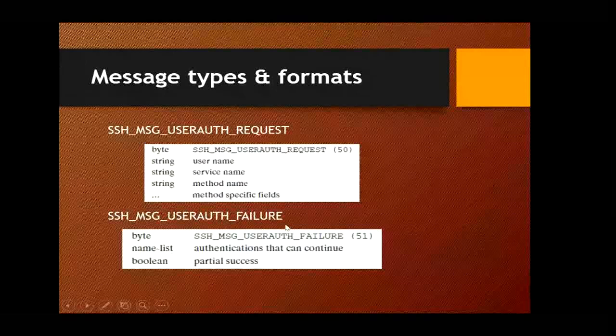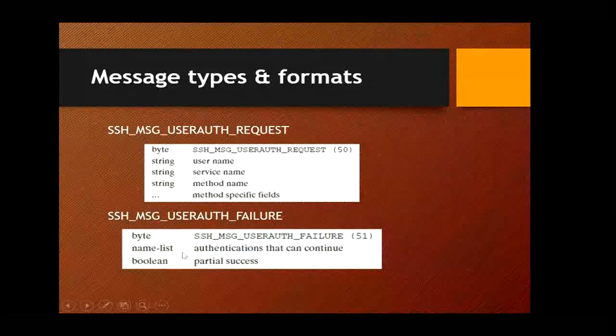So if the server accepts this authentication, it will send an authentication success message. And if you look at this particular message, you can see that this message is having a decimal value 51. So as I mentioned, this name list basically corresponds to the list of various methods, right?